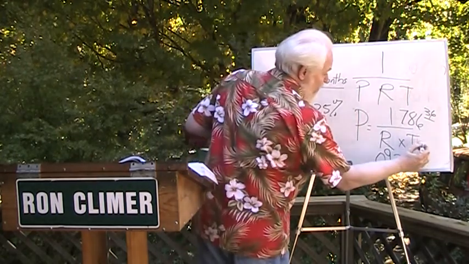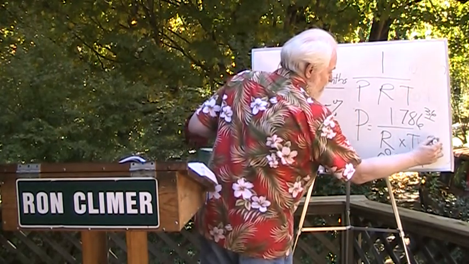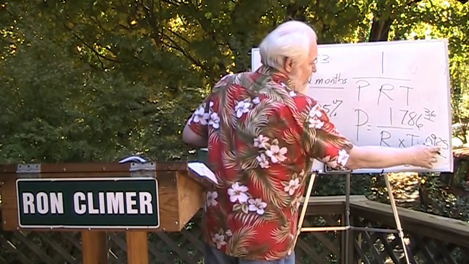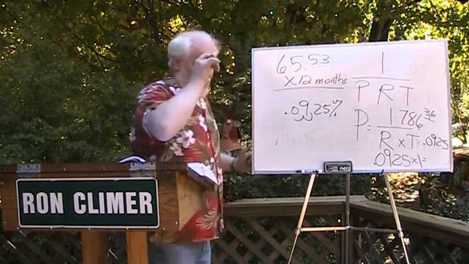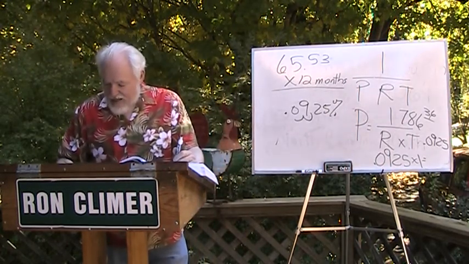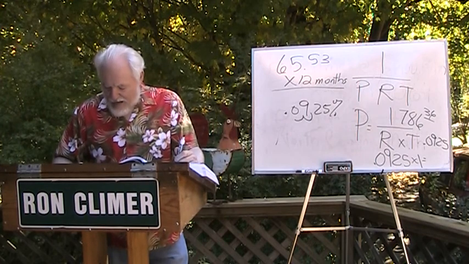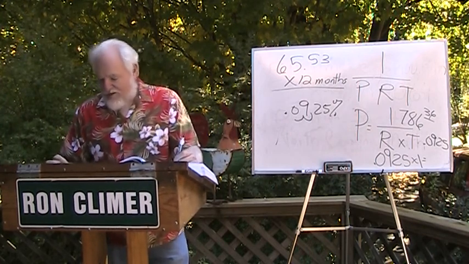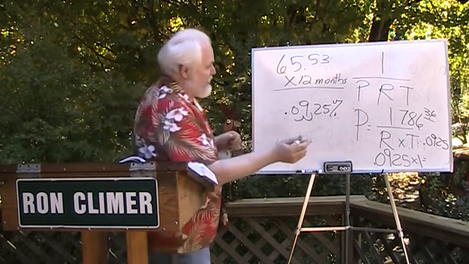So we end up with 0.0925 on the bottom of the equation, 786.36 on the top. All right, 786.36 divided by 0.0925, and my calculator says